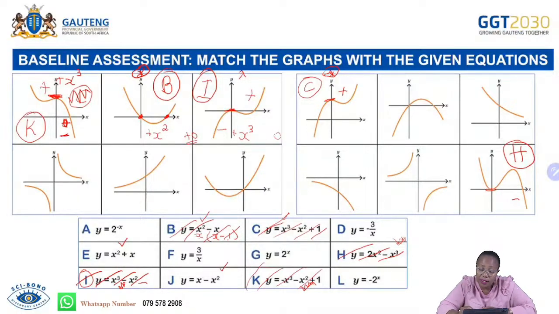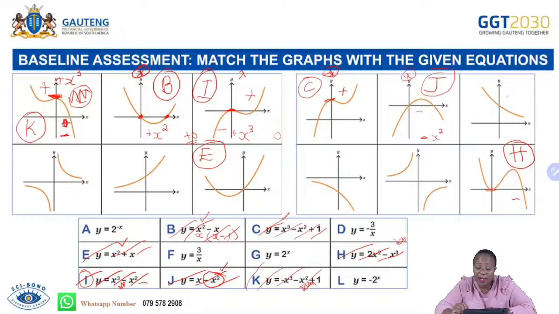Now, when you look at this parabola graph here, it is concave down, facing downward. That means the x squared must be negative because the graph is negative. So if we compare E and J, can you see now J is the one that is negative? That means this will be J. And the last one, obviously, it will be number E, which is remaining there. Okay? Now we are done with the parabola graphs. Let's match now